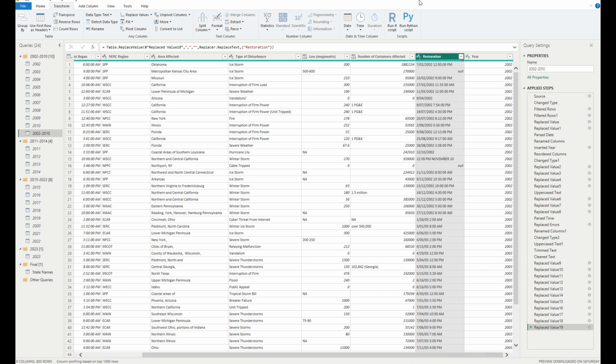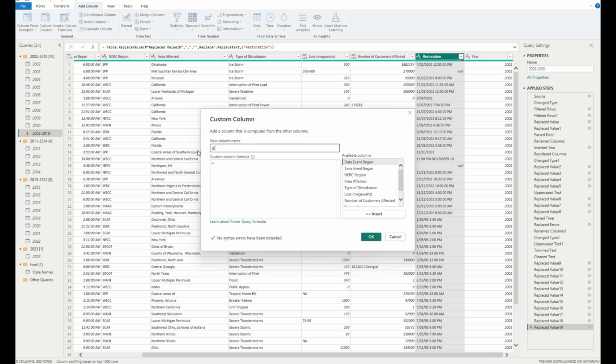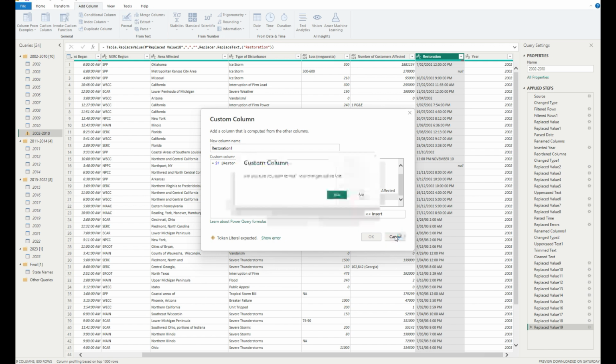Okay, so we're going to create a new column. A custom column called restoration 1. And we're going to say if restoration equals null, then null, else. Sorry,